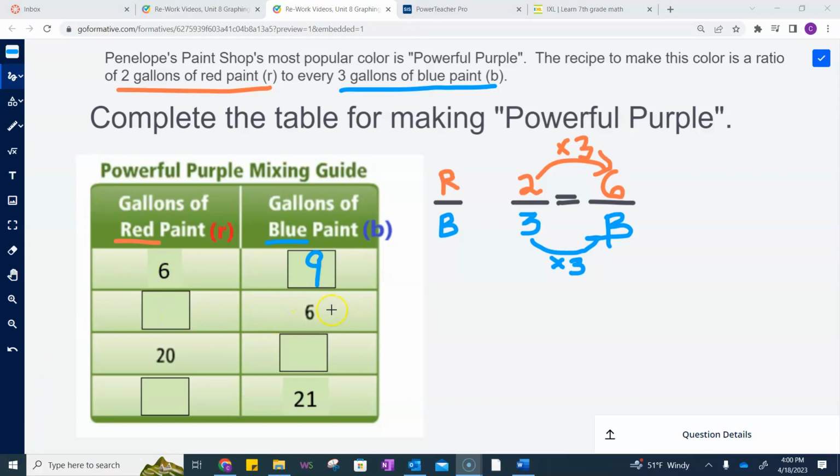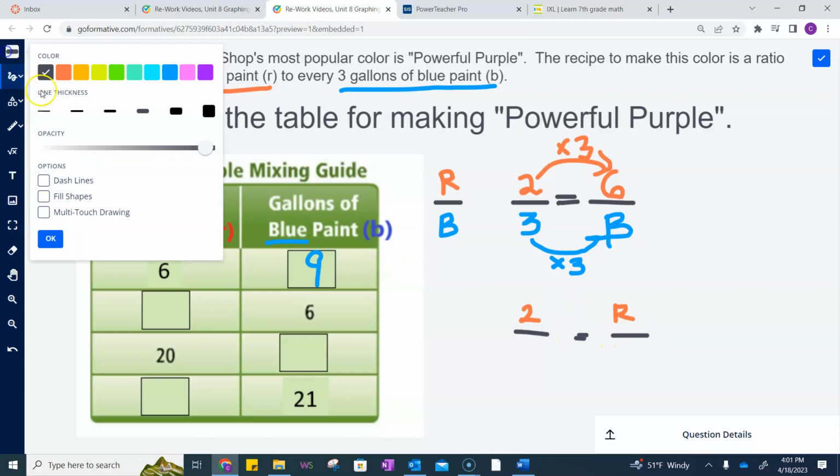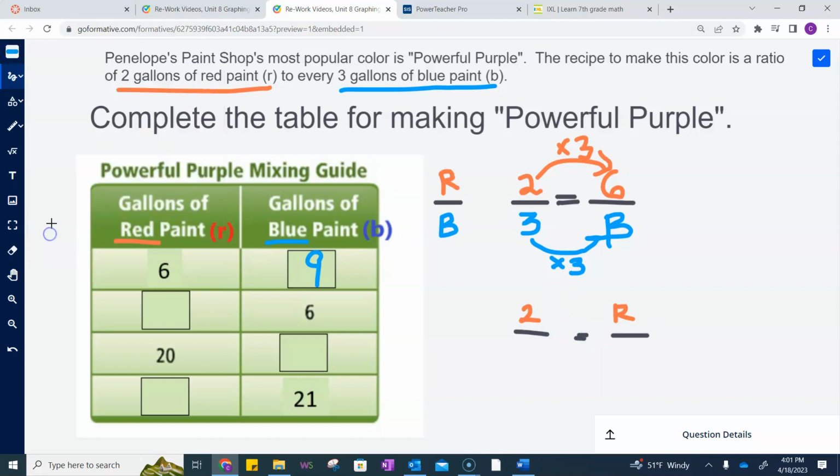Okay, now I have this scenario saying, what if we use 6 gallons of blue paint? Then how many gallons of red would I need to mix to get the same color, Powerful Purple? So let's say we have 2 here. We're trying to figure out the red. We don't know. So I'm setting up fractions that should come out equivalent when I'm done. 2 to 3 was the ratio they gave me for the recipe, and I want to end up with 6